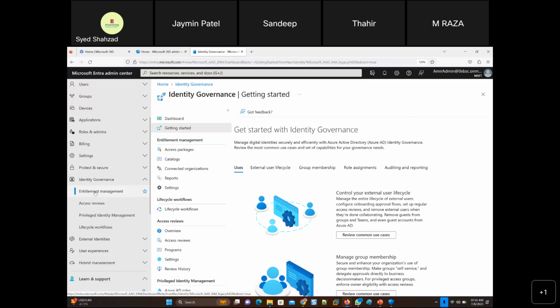So we make sure that when that user is gone, you disable the user account, and manage what resources you have given access to that user. That is all about governance of the identity.